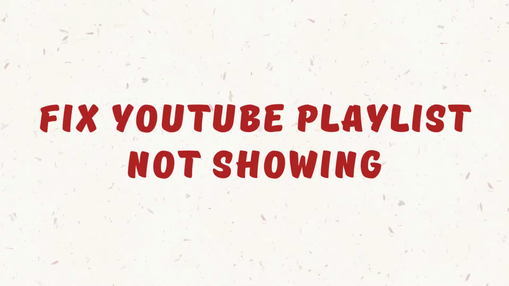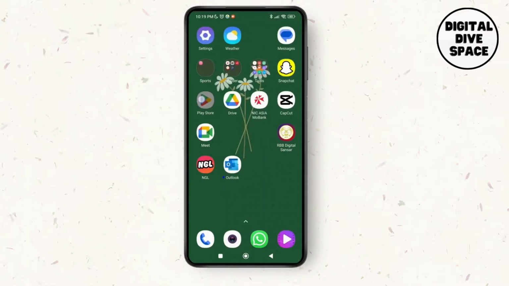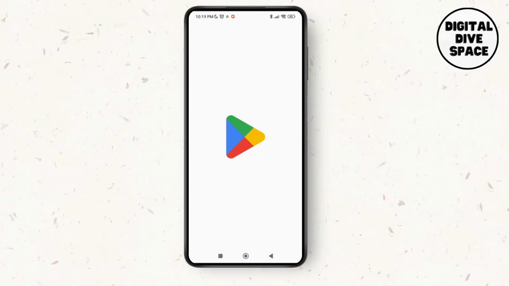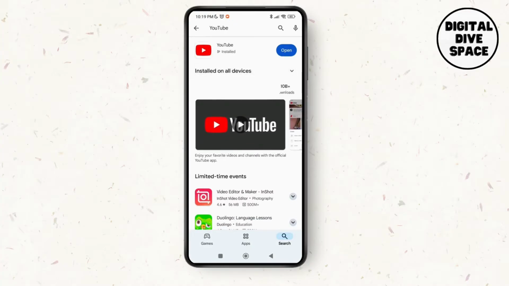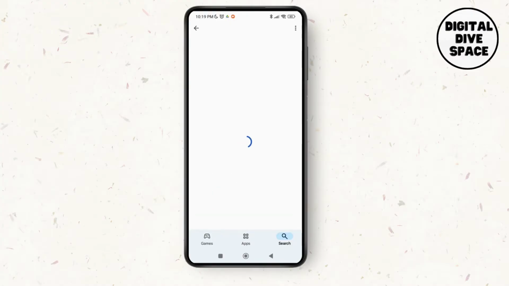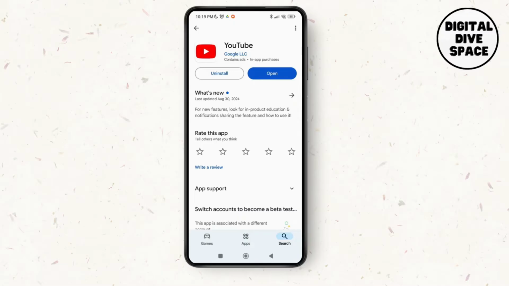So without any delay, let's get started. So first of all, go to the Play Store application on your device and then search for YouTube application. So just make sure that you have the updated version of the application on your device. As you can see, the app is updated to its latest version and I don't have the option of update